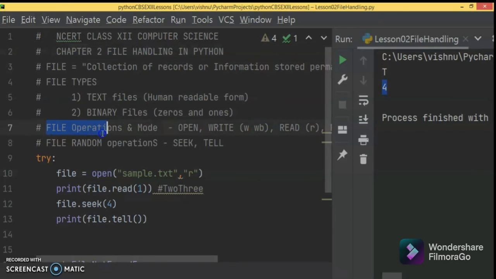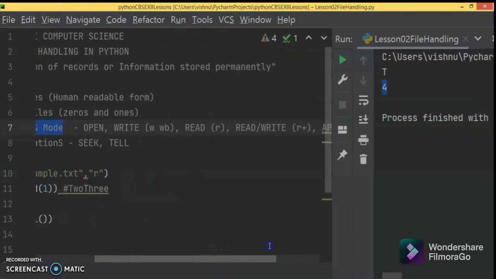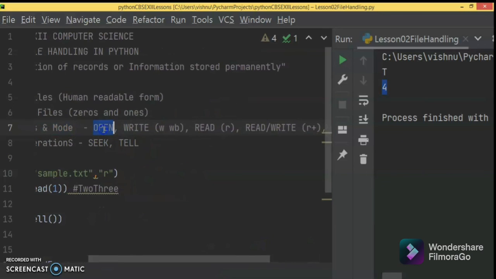Then we have various types of file operations and modes like open, write, read, and append. First you need to create a file. Once it is created, you can open the file and write some content. The B represents binary files. Normal W represents a text file, and WB means it is written in binary format.